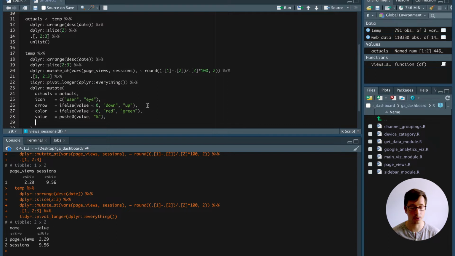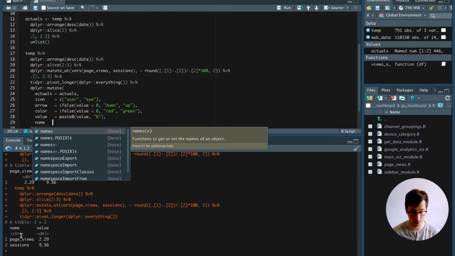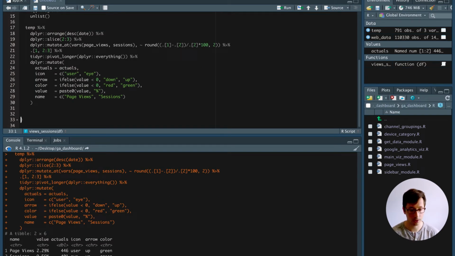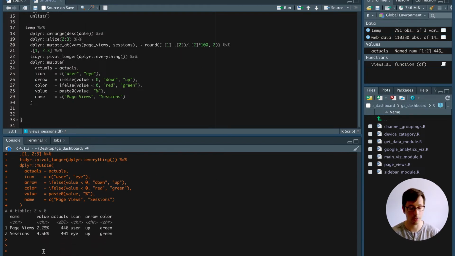And then we're going to rename the values inside the name column. So we'll say name is equal to page views and also sessions. So if we run this, we end up with this data frame,